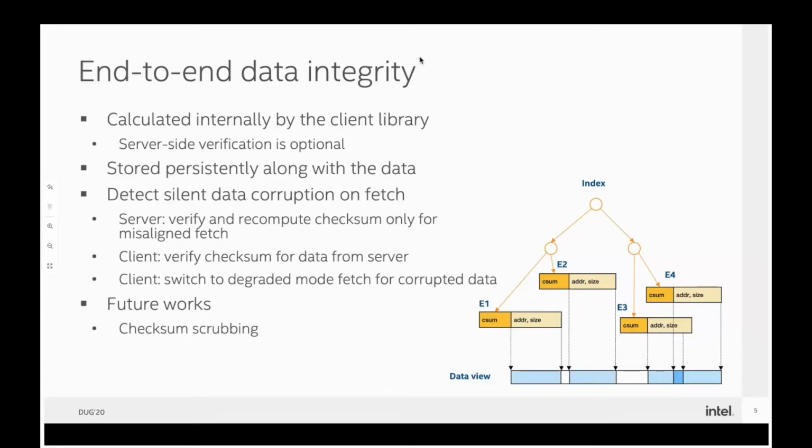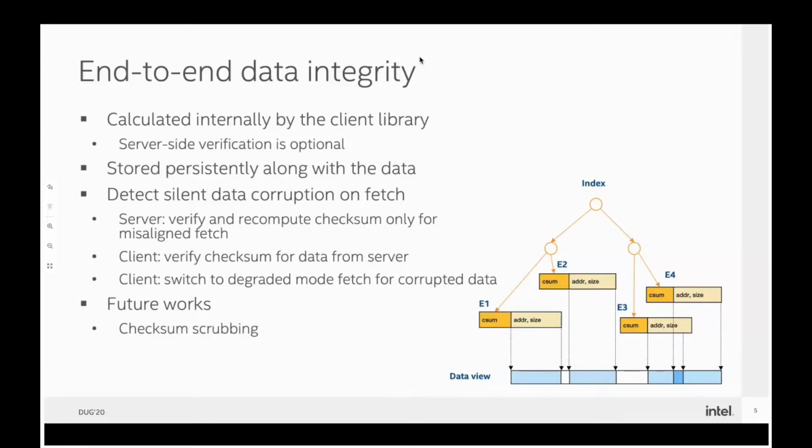But if it is not correct, then the DAOS client will retry and will try to get the correct data if there is data protection. So it can either read from another replica or reconstruct data for EC protected data. And this is called the degraded mode I/O.